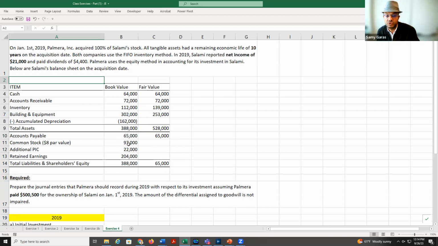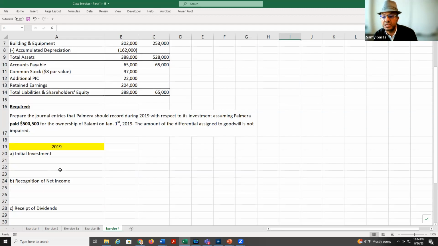Here we have common stock 97 and the additional paid-in capital and the retained earnings, the three of them. We take the three of them, we add them together. So here we get 97,000 plus 22,000 plus 204,000. We get 323. And then we get the total value here, 500, and we subtract it to get the amortization